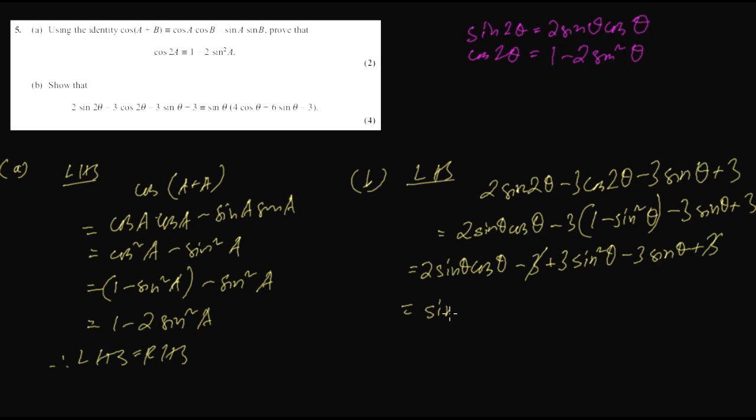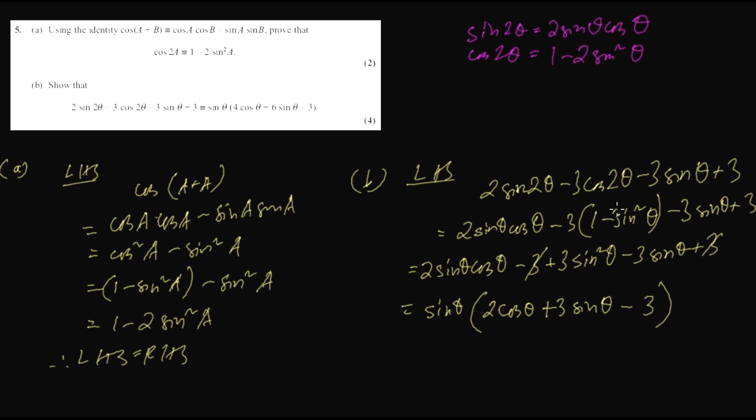So if we take sine theta common, so it would be 2 cos theta plus 3 sine theta minus 3. So this is what we will get, but there must be a problem here because I forgot to